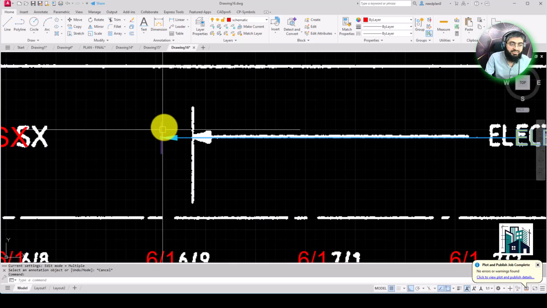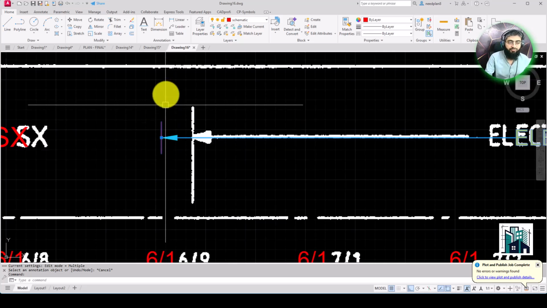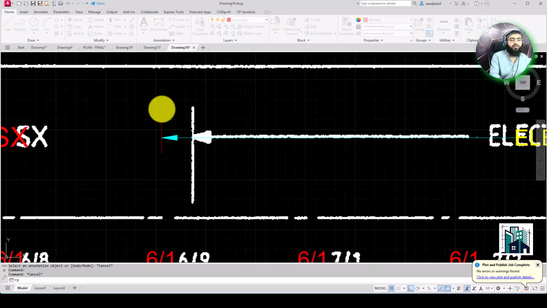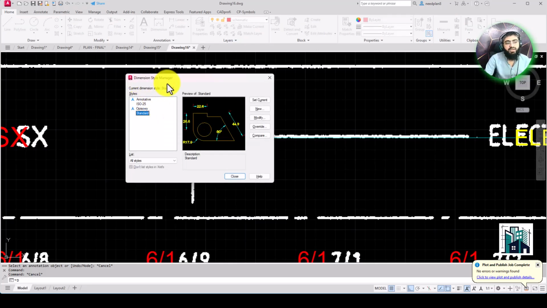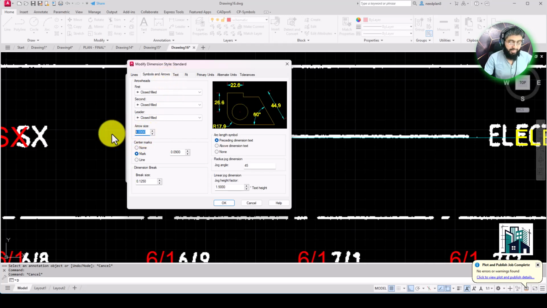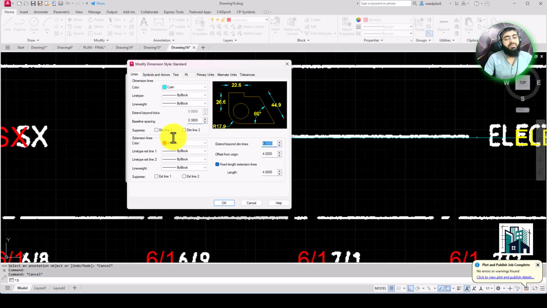If you want to change the length of these lines, you just have to go again D, enter. When you press D, the Dimension Style Manager will pop up. You just have to go into Modify and then select text height. If the text height is bigger than what you have in your PDF, you just have to select this, and then change the arrow size, and then change this one.